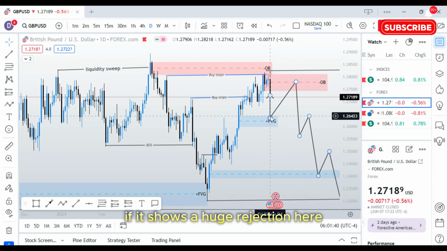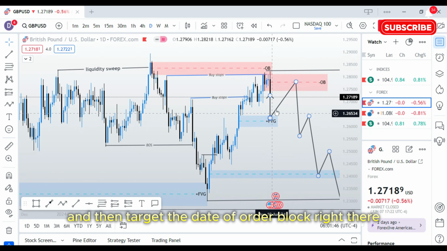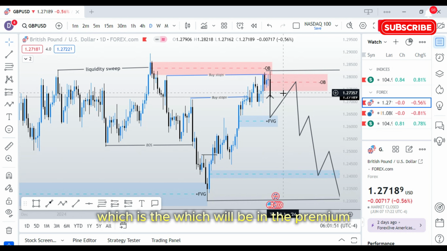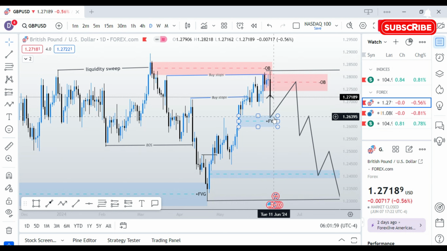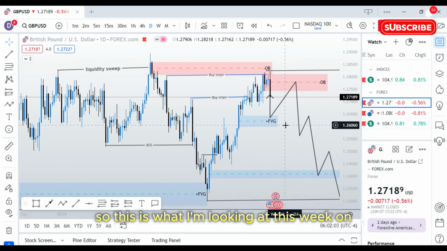If it shows a huge rejection here, then definitely I'll be looking to buy this and then target the daily order block right there, which will be in the premium, because remember, always sell in the premium, then buy in the discount. So this is what I'm looking at this week on